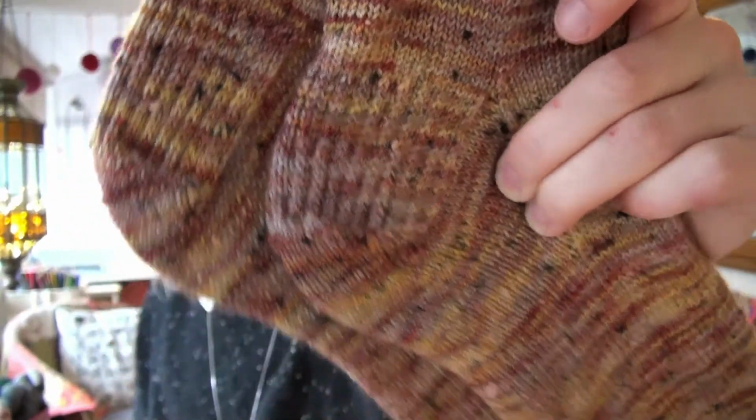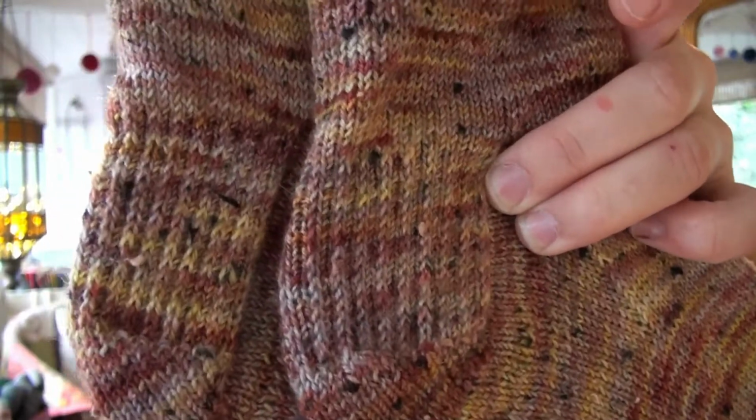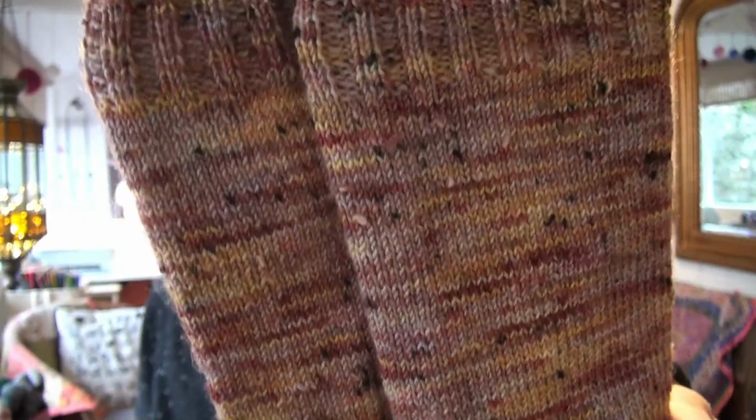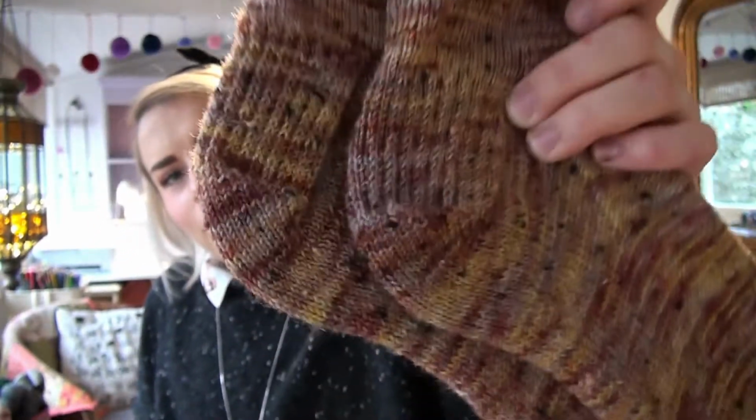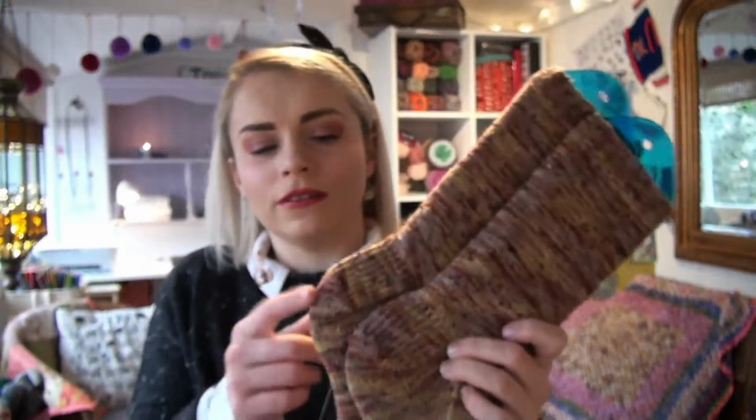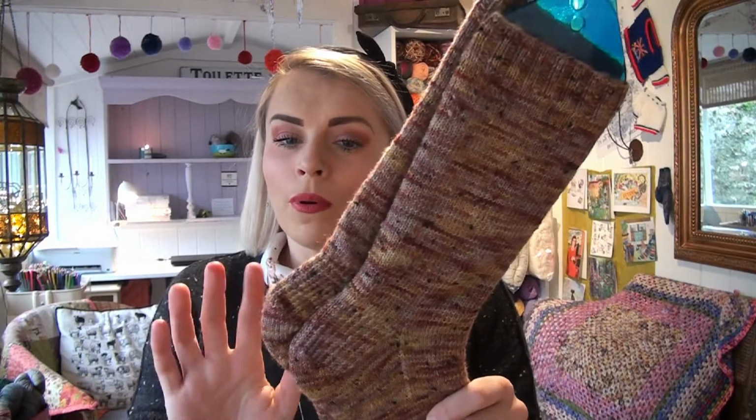So I did a heel flap and gusset, with a slip stitch heel flap, and I did just a knit to purl to rib. How I turn these, because I just blag the whole sock, I don't read a pattern or anything, but I go on to Google, and this is how I found it. I was knitting my niece some socks at the time, and I didn't know how to turn the heel with so few stitches, because she was only little, and I found this website called